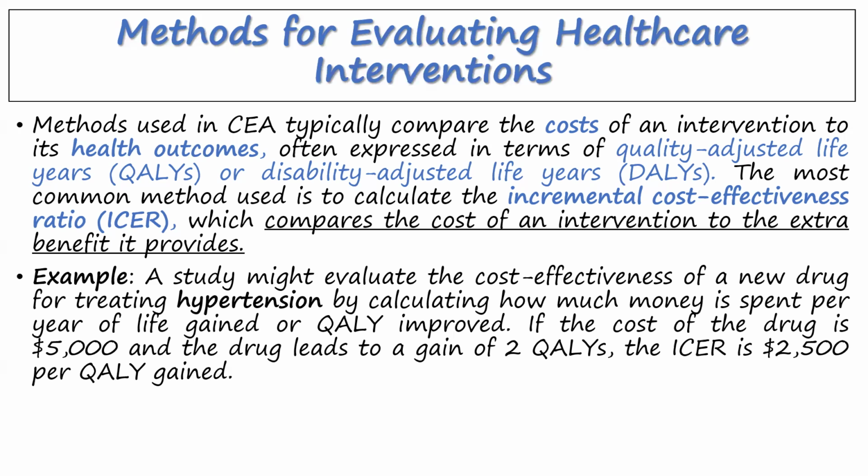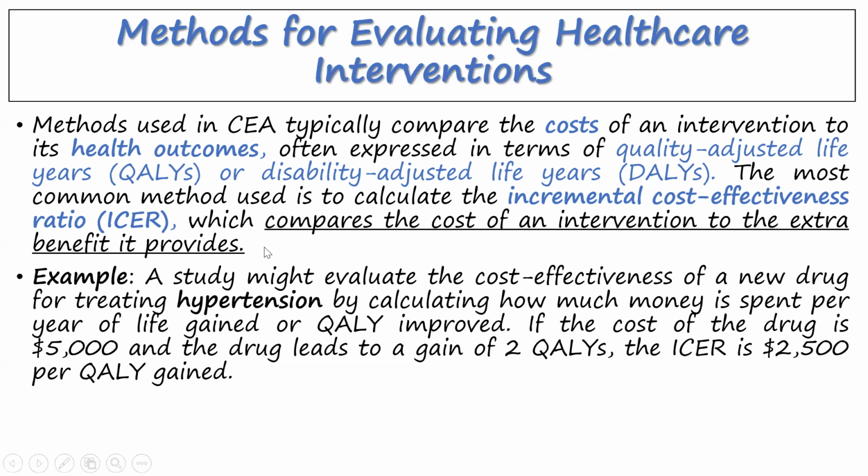So they're telling us the methods used in CEA typically compare the cost of an intervention to its health outcomes, often expressed in terms of quality adjusted life years or disability adjusted life years. The most common method used is to calculate the incremental cost effectiveness ratio, which compares the cost of an intervention to the extra benefit it provides. So in a nutshell,